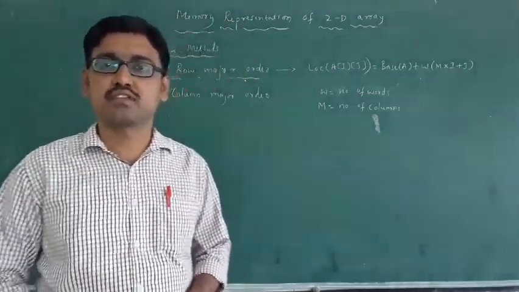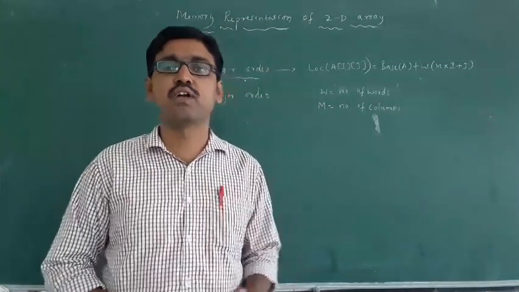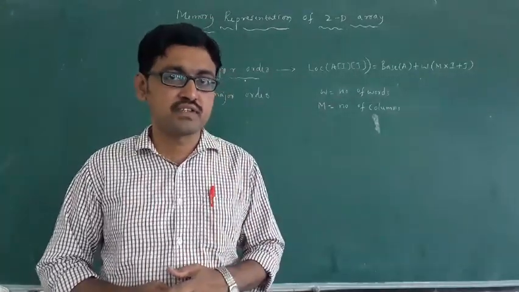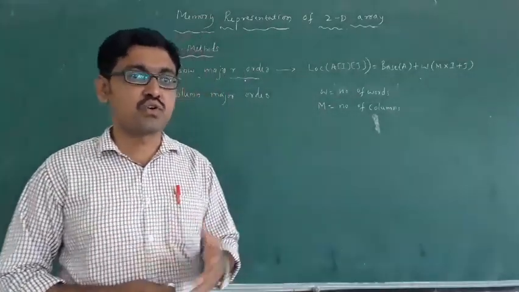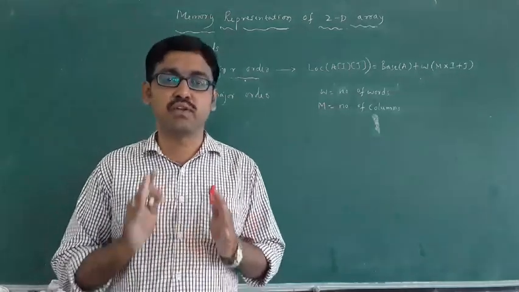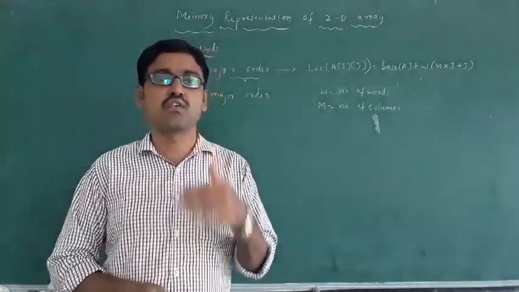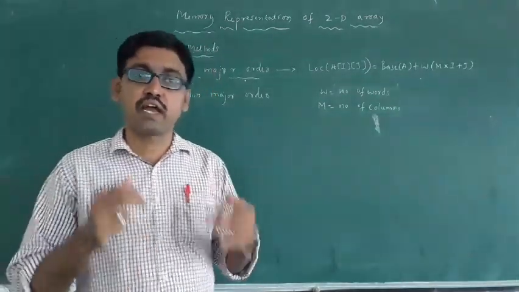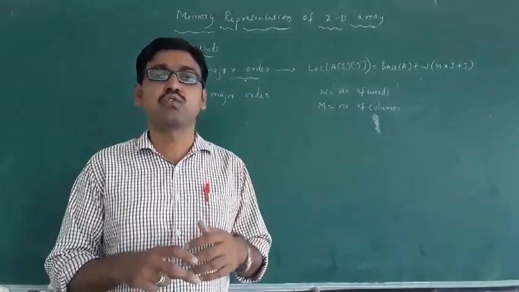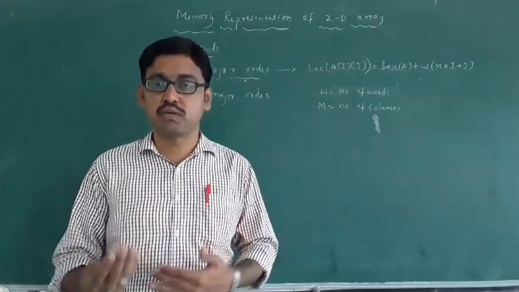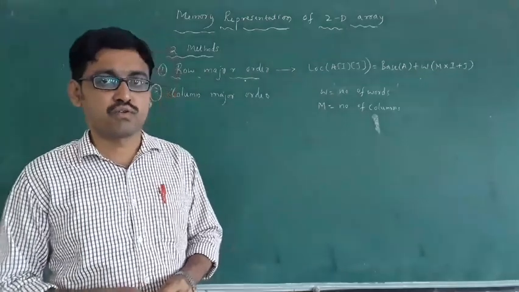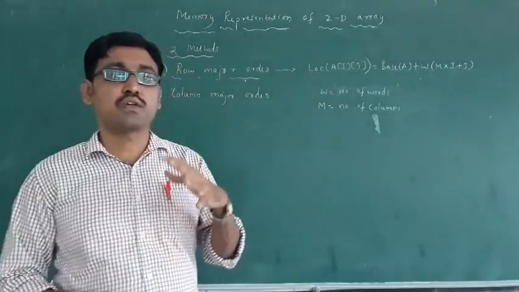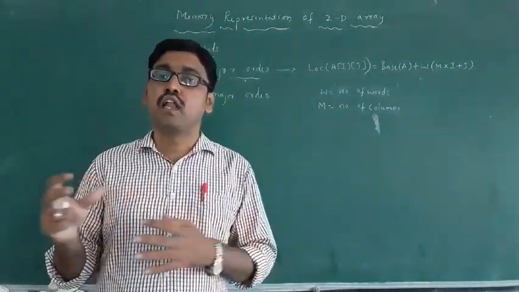In the last class, we discussed the operations on a 1D array. There are five operations: first is traversing, then searching, then sorting, then insertion and deletion. These are very important, and these algorithms are also in the lab. When you come to college, you have labs on these algorithms only. You have to convert these algorithms into programs. When you come to the lab, you have this syllabus for the lab exams. These are very important for theory and also for lab purposes.